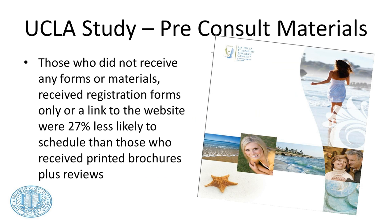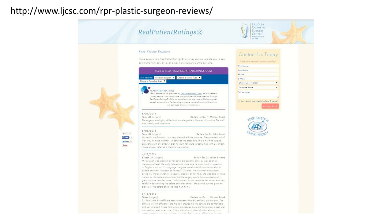And there's some things here that you can learn and changes that you can make to improve conversion rates. The first finding was related to pre-consult materials. Those who did not receive any forms or materials, received registration forms only, or a link to the website, were 27% less likely to schedule than those who received printed brochures plus reviews. So this is the folder that I send the materials, the printed materials from our practice,